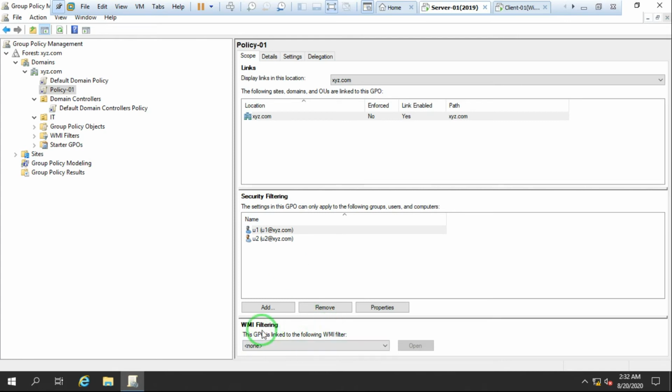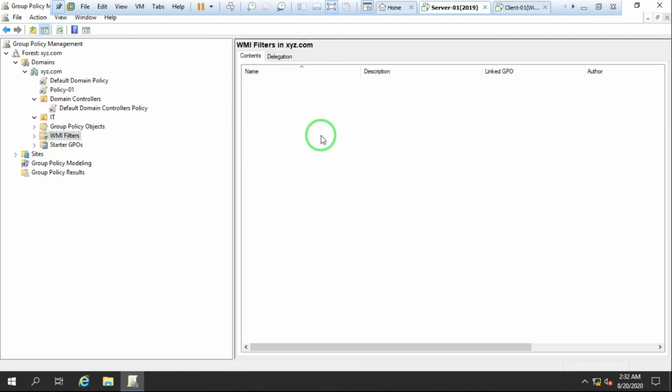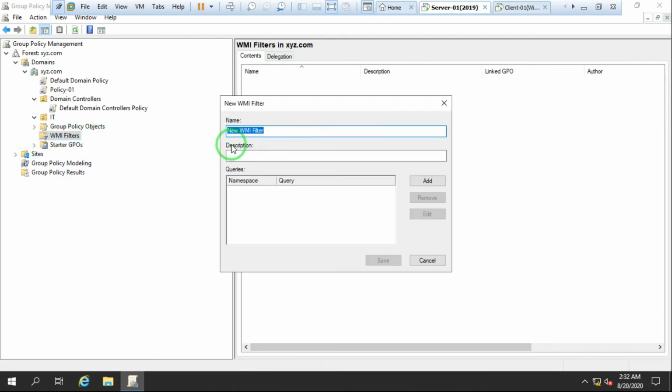Just click on this, you have the WMI filters option. Expand it, right click on that, and we have the option New, so you can create a new filter. Give a description, and then you need to define the query.